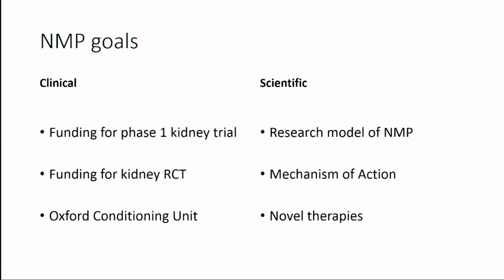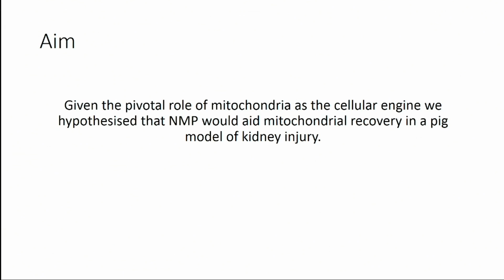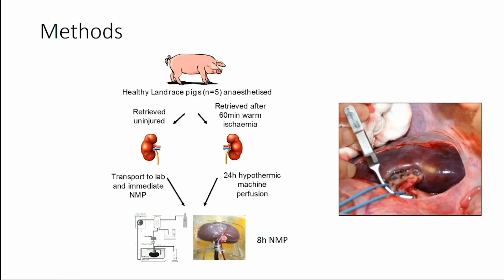that was a cost-effective way of doing it. And so we wanted to look a bit more into some of the mechanisms of action. We know that mitochondria are a crucial part of the cell. We know there's hundreds of factors that are important in all of this, clotting cascade, etc. But we wanted to look at the mitochondrial function in kidneys undergoing normal thermoperfusion. And so this is funded by an Academy of Medical Sciences grant, and we used animal house pigs, not slaughterhouse pigs for this model. Okay, and so pigs were anaesthetized, had a laparotomy, and then they had one kidney removed